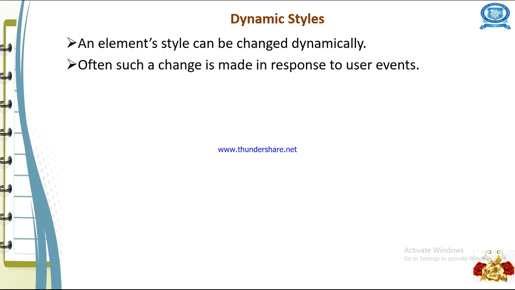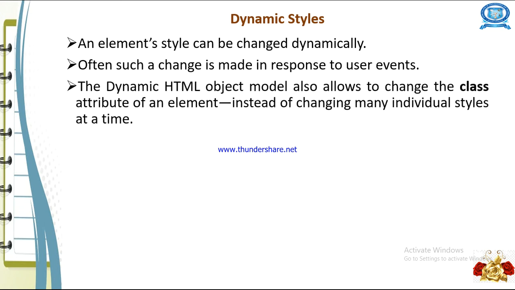So such changes are made responsive to user events, the user event handling process. Each and every dynamic HTML object model also allows changing the class attributes of an element. In HTML, we have used a number of elements in the form of tags. Each and every attribute of the elements can be changed. The dynamic HTML object model allows changing the attributes of particular elements. So instead of changing many individual styles at a time,